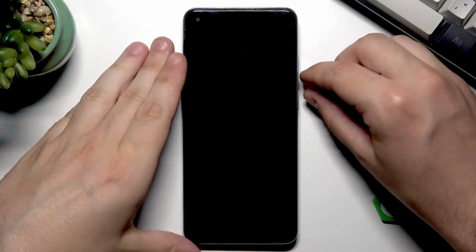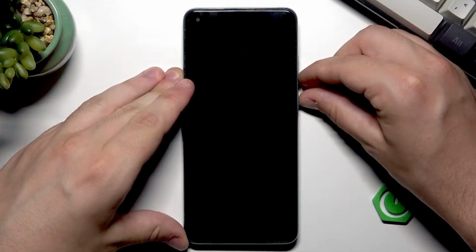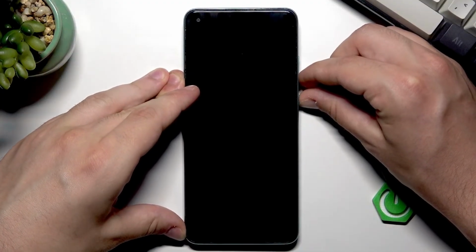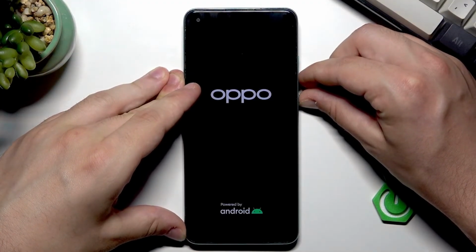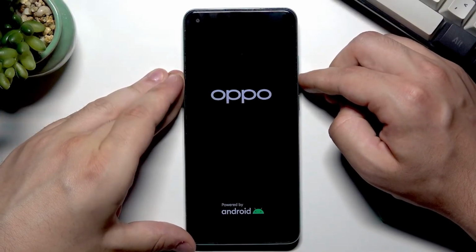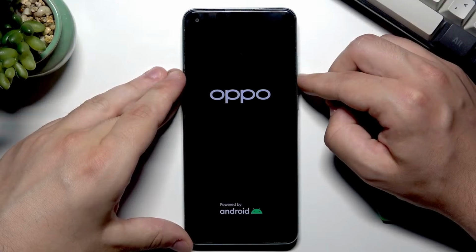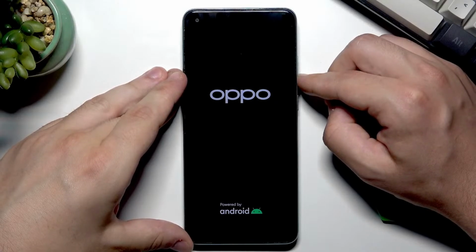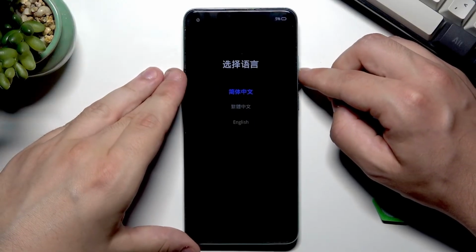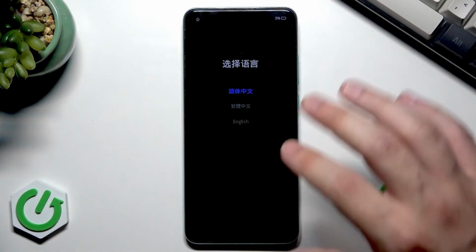Okay, now to enter recovery mode, we need to hold the power button and volume down button at the same time. When Oppo logo appears, release the finger from the power button, but keep holding volume down. Okay, now we need to select our language,